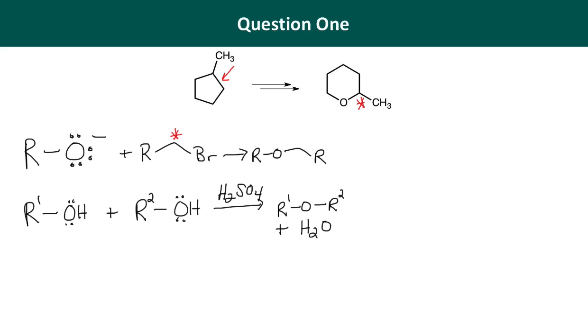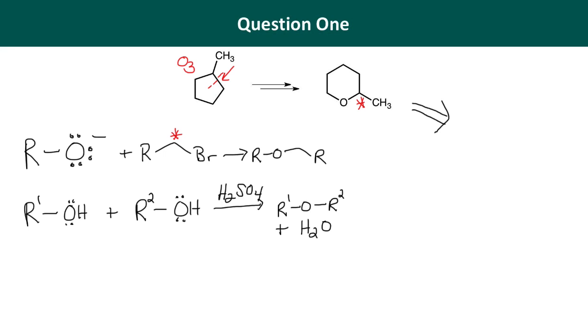So what do I mean by open this 5-membered ring? That means I'm going to have to break a carbon-carbon bond. And right away, there's only one reaction that we've learned that can break carbon-carbon bonds, and that's ozonolysis. So if I want to break this bond, I'm thinking ozonolysis with ozone. That gives me a little clue there, and we know that ozonolysis gives me ketones and aldehydes as products. Well, my clue here that that's the correct strategy is I could form this ether through the condensation of